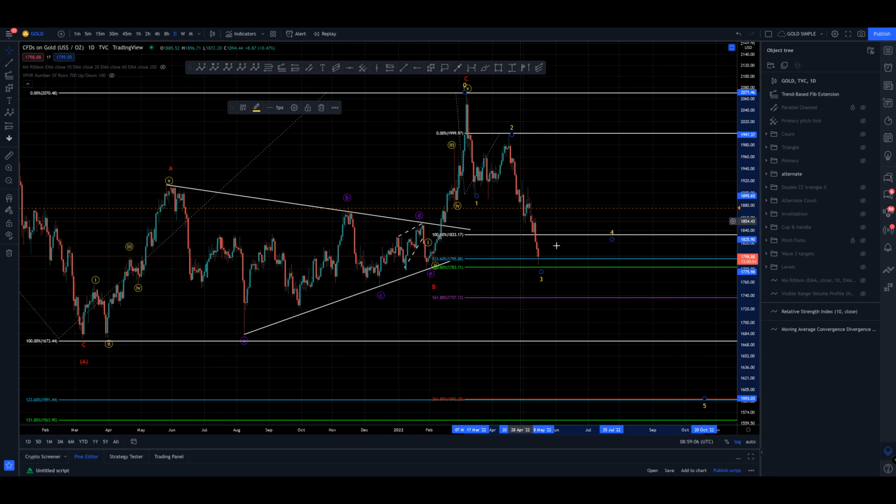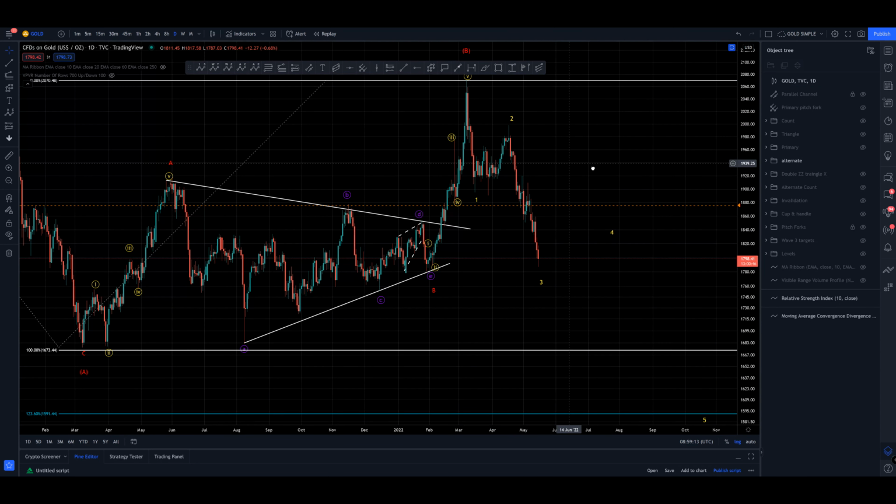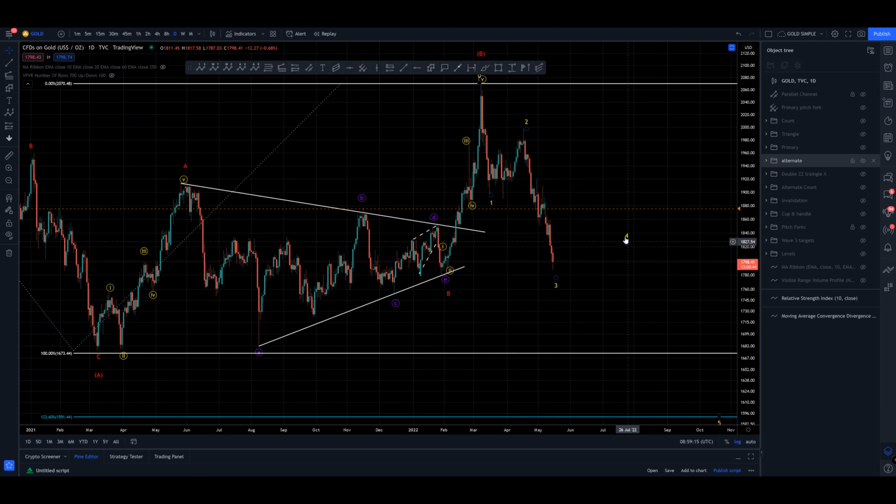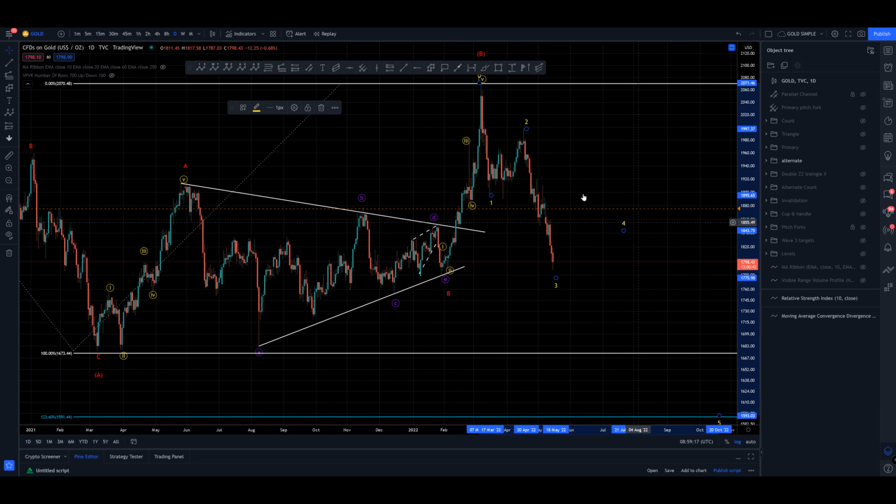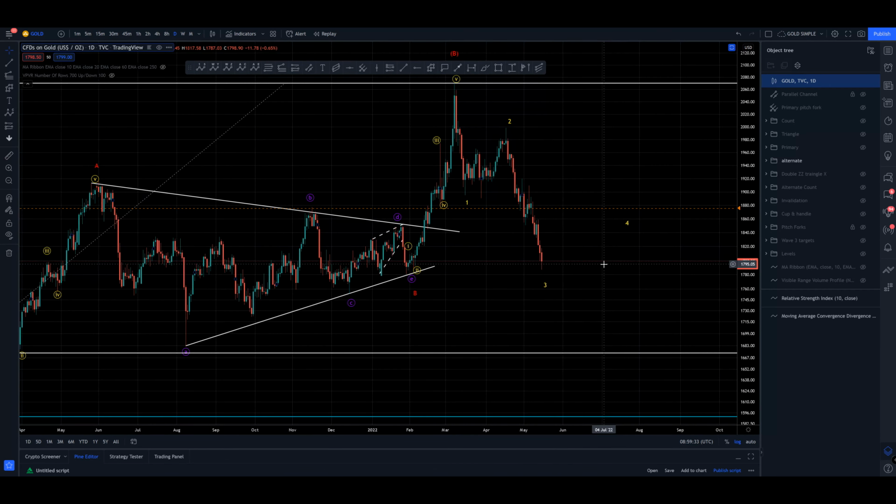123.6 is long enough for the 3 not to be the shortest, guaranteed, because it doesn't matter what the 5th wave does. After this, we know that the 3 isn't the shortest, and as the rule goes with impulse waves, which this is inside of a C, as it has not overlapped or created a diagonal structure or a wedge structure, and therefore the 3 will be longer than either the 1 or the 5. It can't be shorter than both, and we've already got it longer than 1, so good chance that it's a 3. Now we've also got, however,